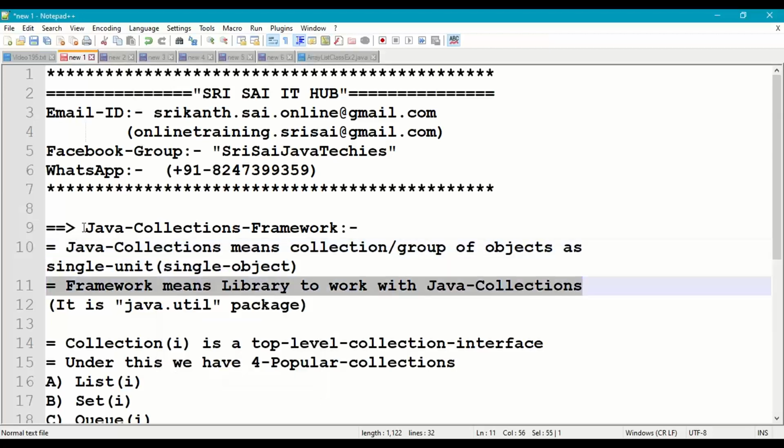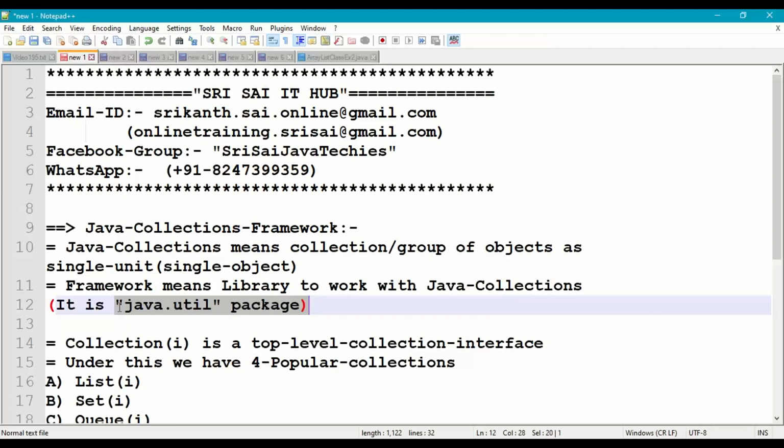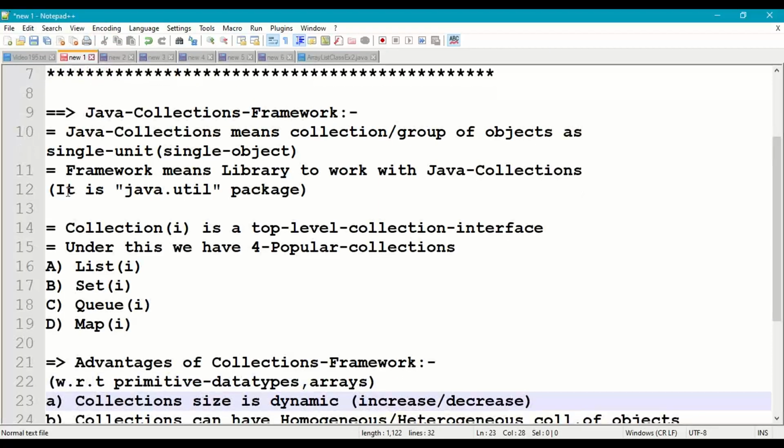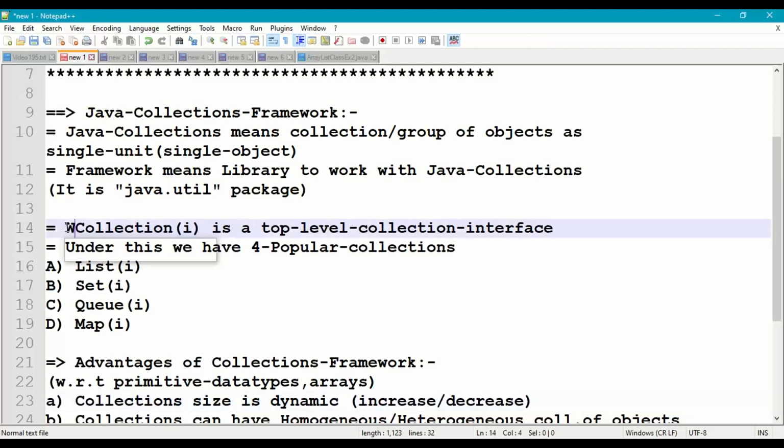Then what is framework? Framework means library which is provided by Java to work with Java collections. And this library is in the form of java.util package. Coming to the collections, we have the collection interface at the top level in the collections framework.